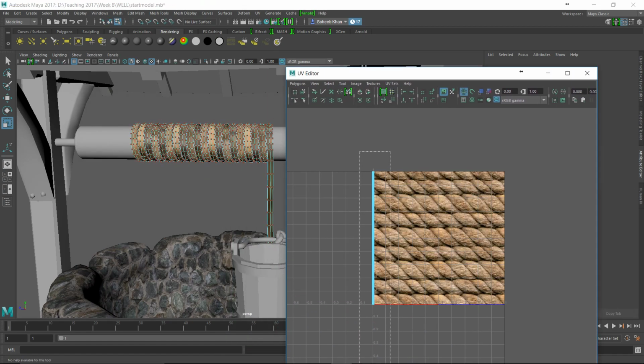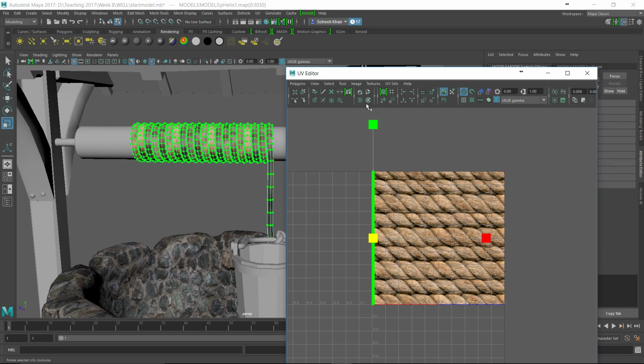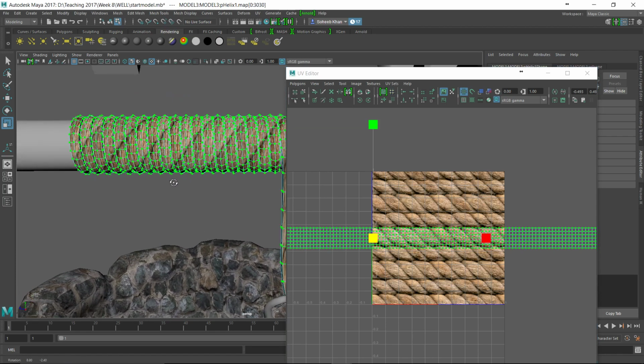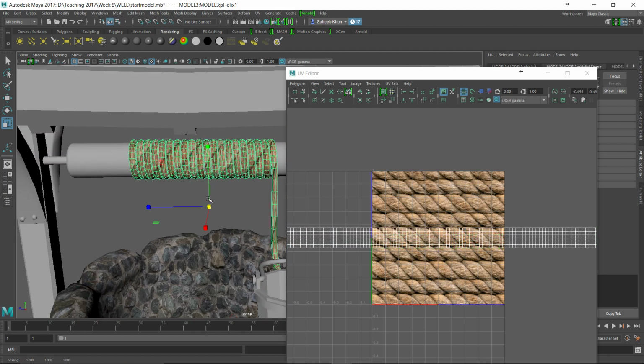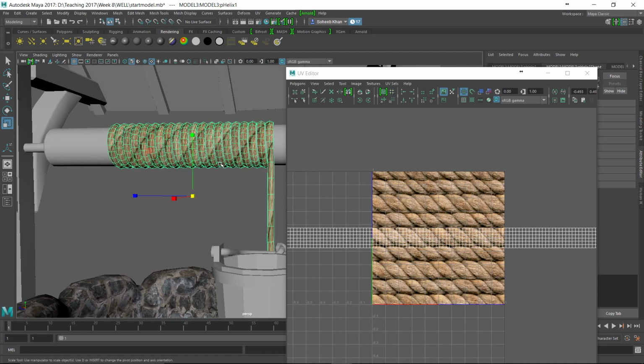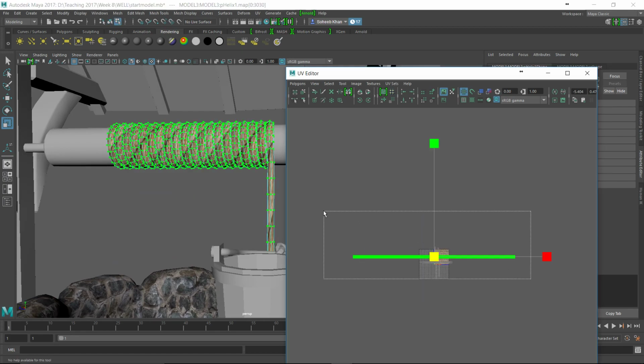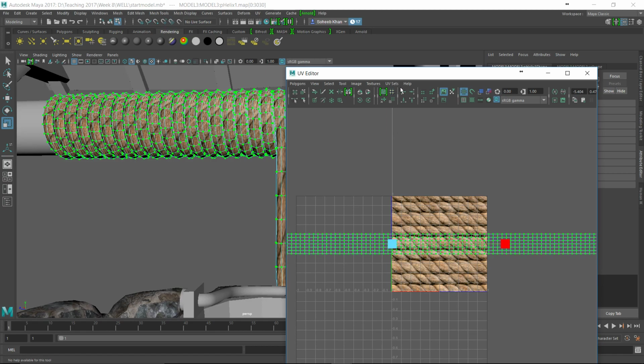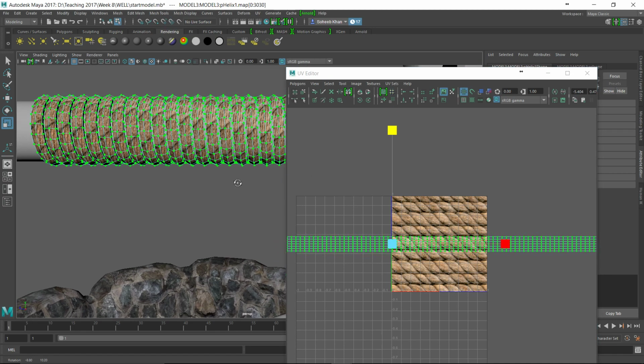You see my unwrap is done this way. It's vertical. We want to flip this horizontal, so I'm going to use this tool here and flip that. Right now you can't see anything because this texture is not big enough, so I'm going to expand this so at least this fits into one of them. So if I look at that now, you can see that has unwrapped that for me in that manner. If I scale this up and maybe take into account two of these,